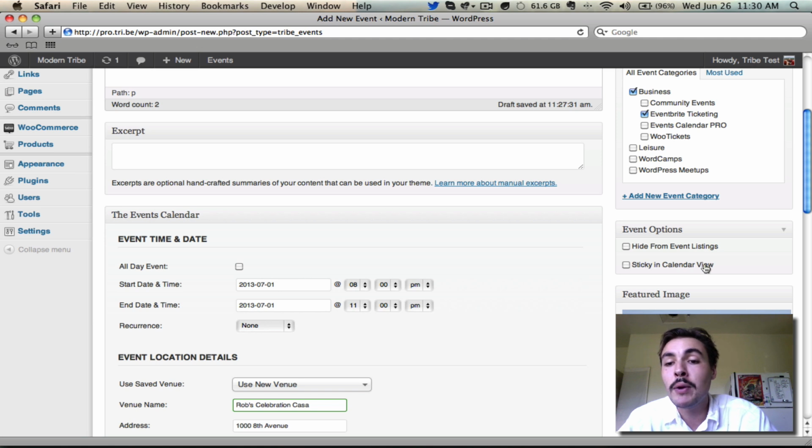Sticky in calendar view, meanwhile, is specific to the calendar/month view and relates to those events that you see above the fold on days where you have more than 3 events. Remember that on a day where you have, say, 11 events scheduled, you're going to just see the first 3 of those, and then a link afterwards that says something like view all 11. If you want to determine what those first 3 are, you can select Sticky in Calendar View, and it's going to make sure that they're forced up into that area above the fold. Only 3 are going to remain, but it's just going to go with whatever the most recent 3 you applied this to are. So if you want to have some control over what appears above the fold versus after the fold, which means what people are going to see right off the bat versus what they're going to have to click through to see, this little checkbox is your friend.